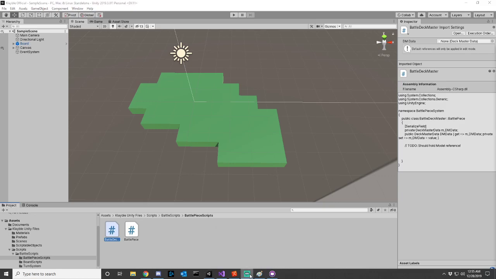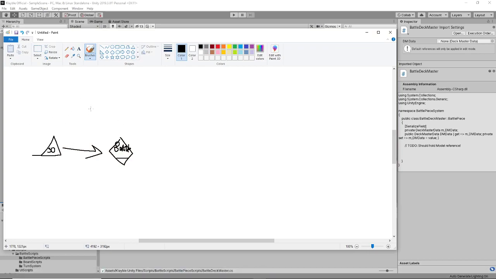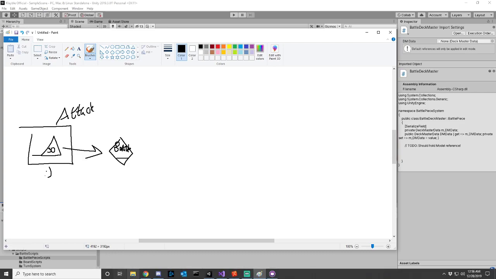But in the meantime, I'm falling back into my abstraction trap again. Because like I said, for a piece that fights, that can attack, I have a scriptable object for it that's stored and will be used throughout the game. So this guy is really, really important. Then I have his battle version, which takes those stats and loads them into a guy here. And if I do a shallow copy,